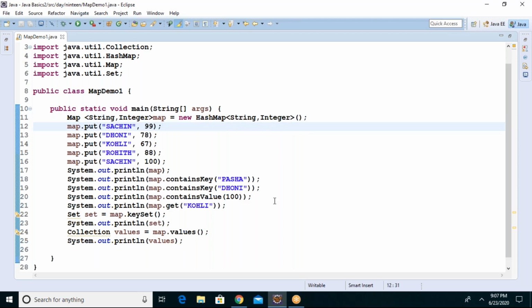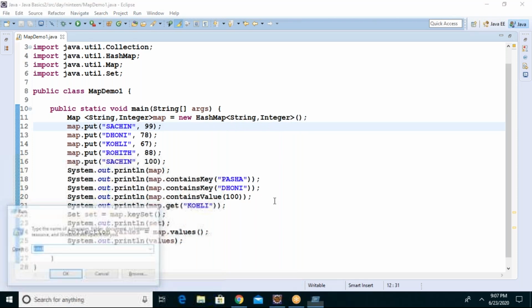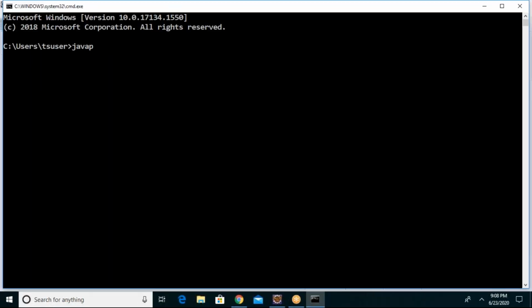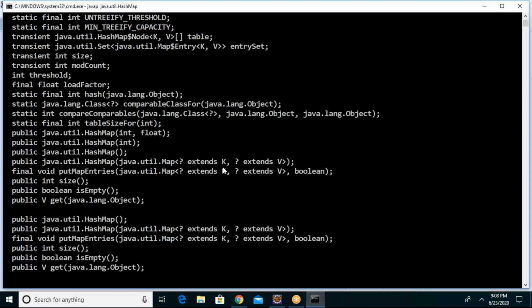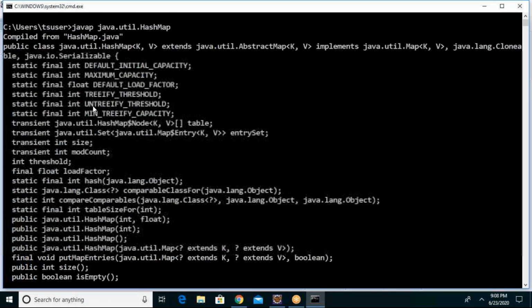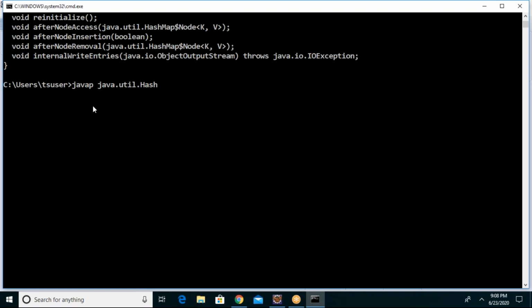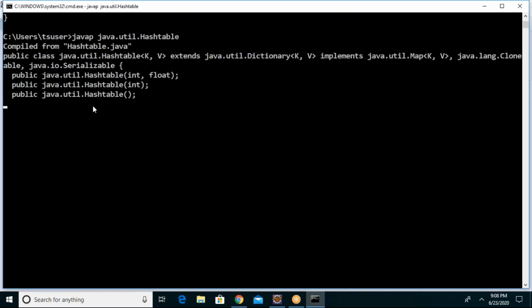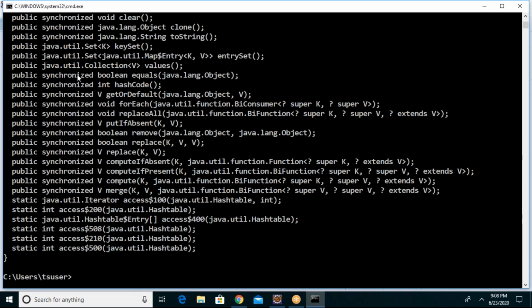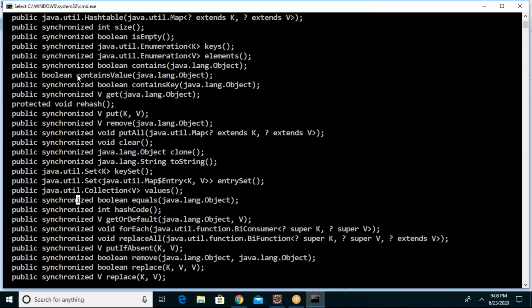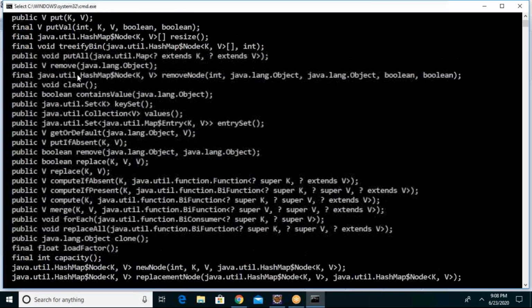Let me show you. Java dot util dot hash map. These are the methods of hash map. Exactly the same methods are in hash table. Can you tell me what is the difference between these methods and these methods?